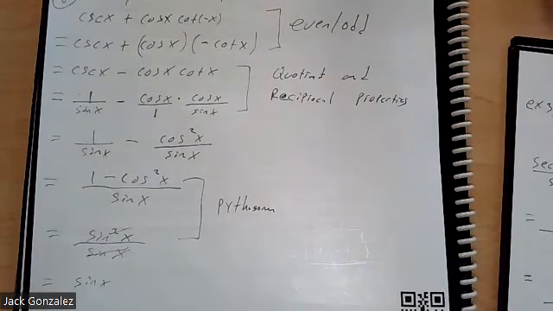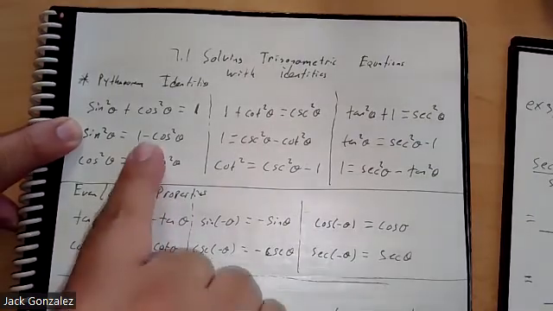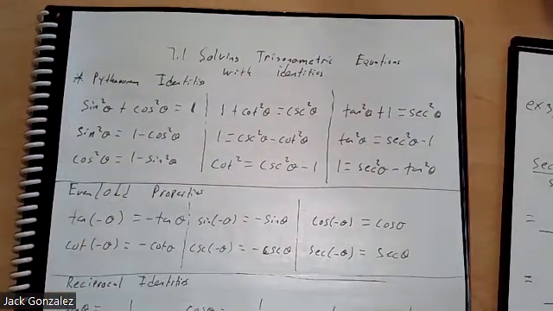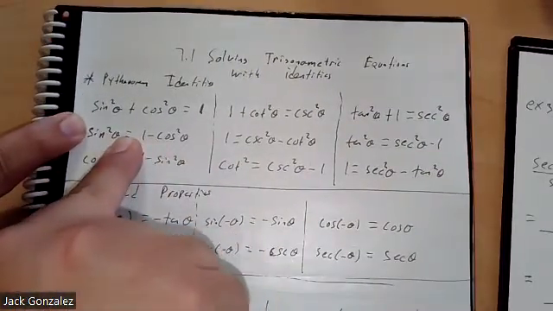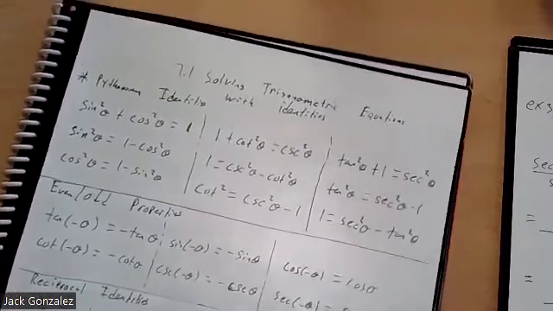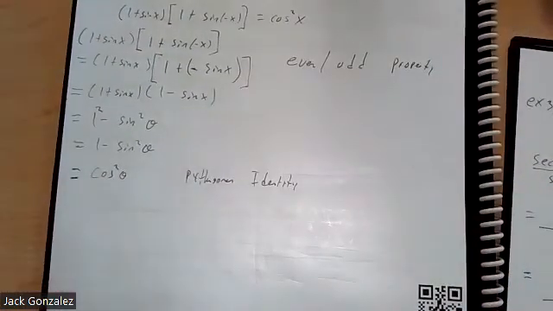I'm kind of confused on where you went from one minus cosine squared to sine. Oh, it's the formula. Look at the very top of your Pythagorean identities. Sine squared is equal to 1 minus cosine squared. Once we change this into this, it canceled one of the sines. So you go as far as you can. You should always end up with something pretty simple. If there's too much stuff going on, then you're not done. Like for example,